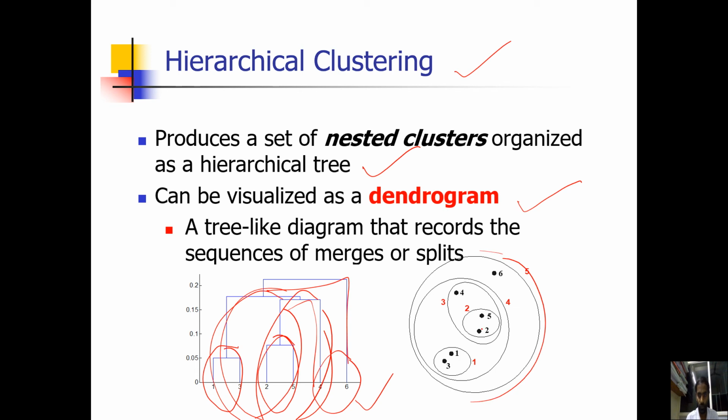First we match 2 5. First one is 1 3, then 2 5, then 2 5 with 4. Then these become one single cluster. This type of clustering is called agglomerative hierarchical clustering. In this, what I have to do is, say we have 5 points, 1, 2, 3, 4, 5. Each and every point is taken as an individual cluster. Now we have to find the similarities between all these points. The 2 points which have the least distance can be